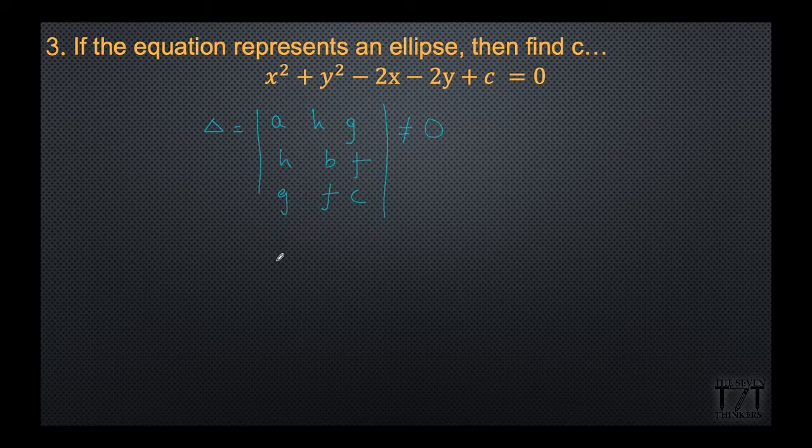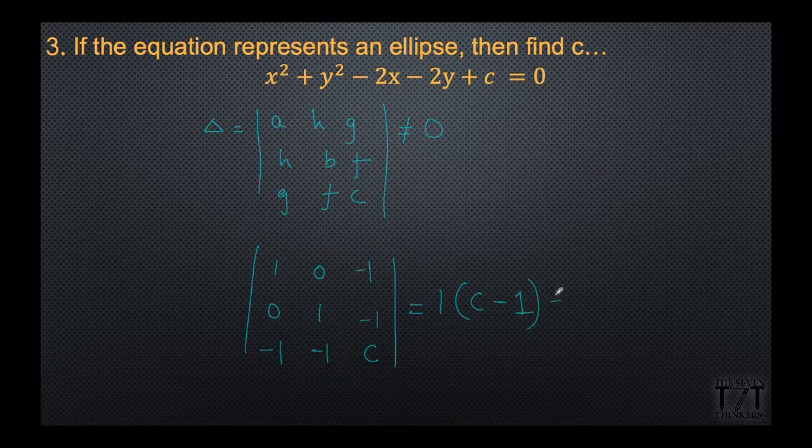So A is 1 over here, H is 0 since there is no xy term, G is minus 1, H is 0, B is 1, F is minus 1, G is minus 1, F is minus 1, and C is C as it is. So this value will come out to be 1 multiplied by C minus 1 into minus 1, which will be plus 1,